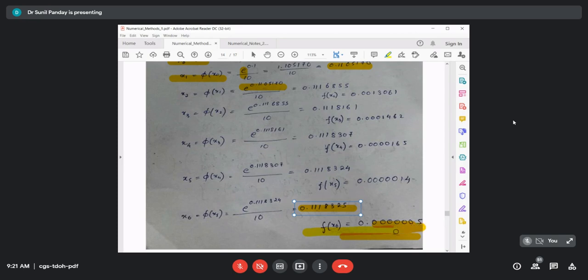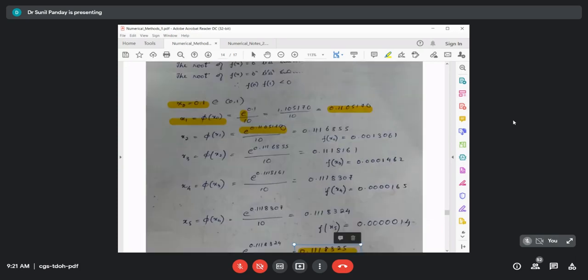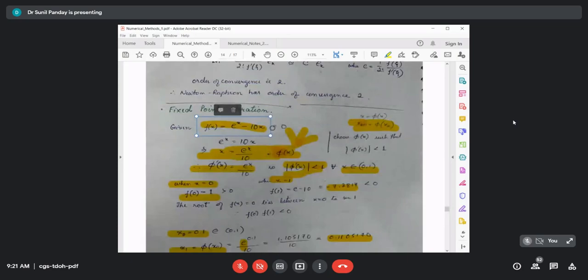and this f axis value is this one, and this one is near to 0. We say this is the root only when f of x6 is 0, but we know that in an iterative method we generally do not get exactly 0, we get a value near to 0. So this is near to 0, something like 10 raised to power minus 6. So this is a better estimate of the root of this equation.